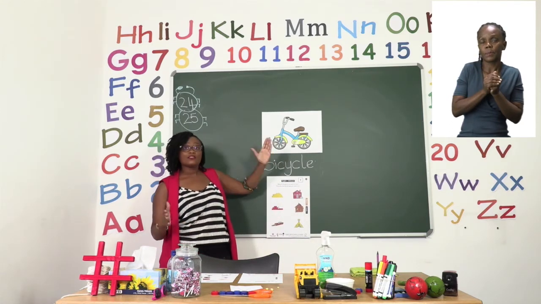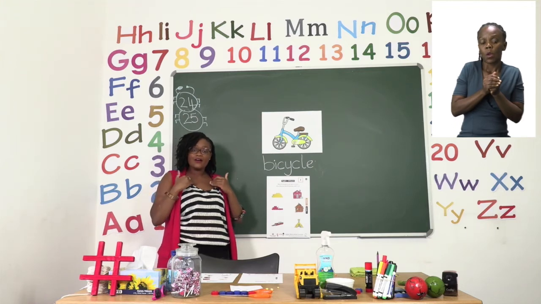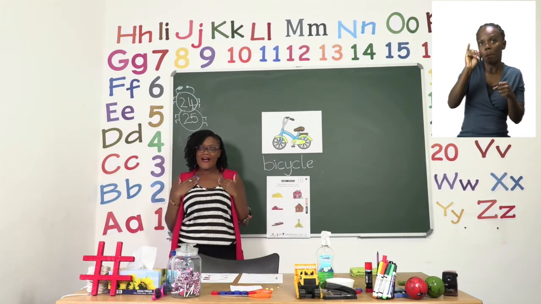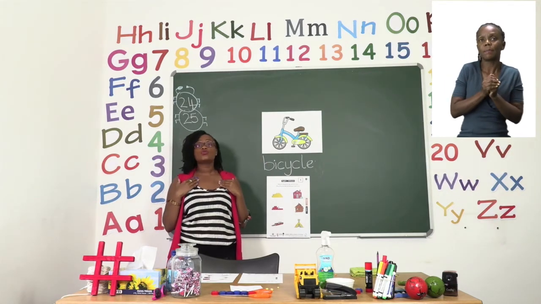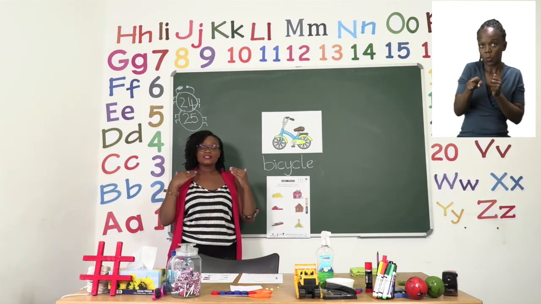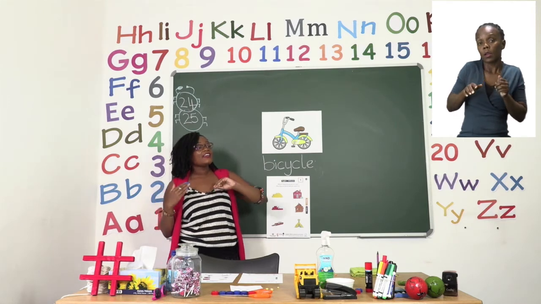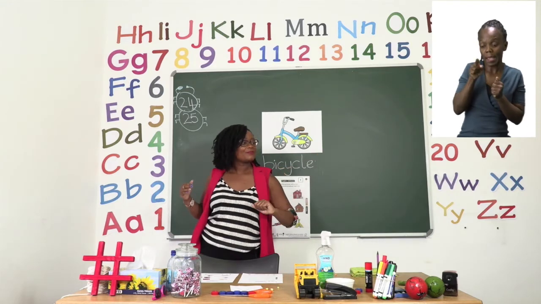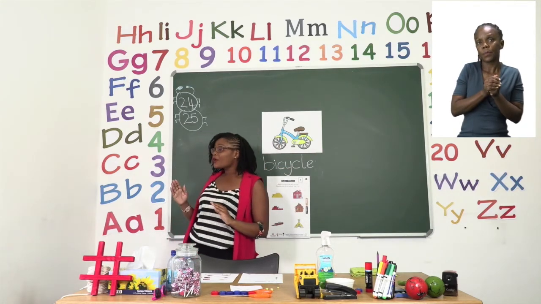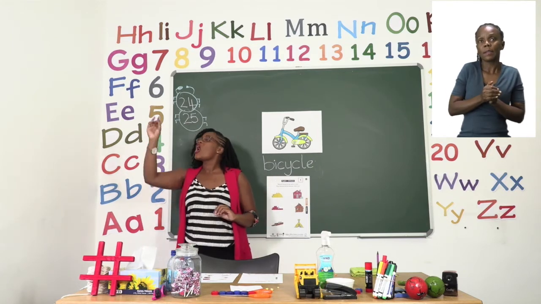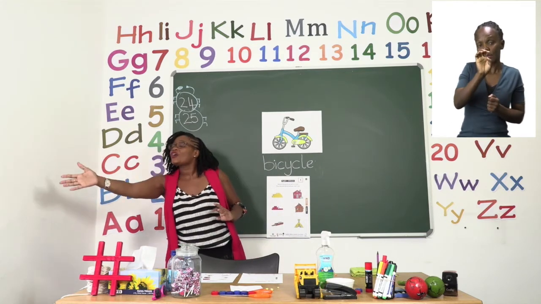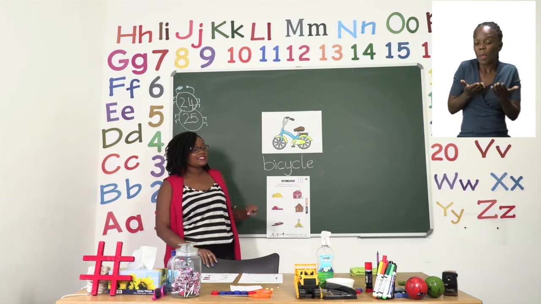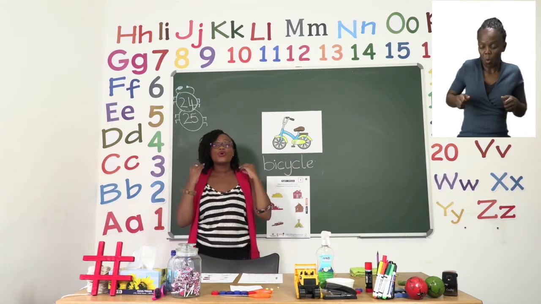We have when the bicycle belongs to you, your bicycle, we say the bicycle is mine, mine. Then if it belongs to a boy, we say the bicycle is his, his. And then if the bicycle belongs to a girl, we say the bicycle is hers, hers. Or if it's a person, but we're not sure if it's a boy or a girl, we can say the bicycle belongs to you,